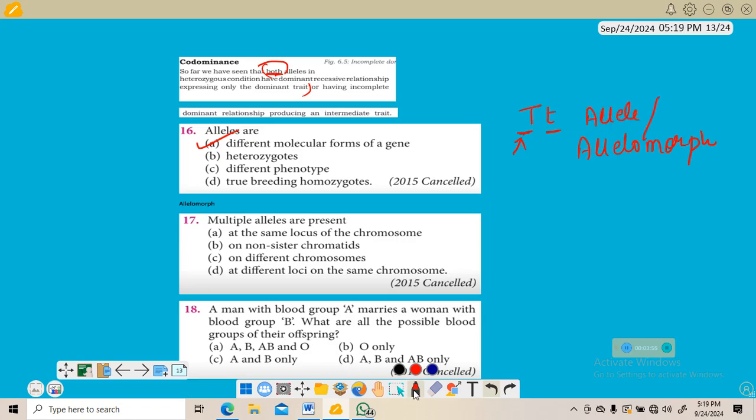Okay, next question is, multiple alleles are present at the same locus of the chromosome, or non-sister chromatids, different chromosomes, different loci on the same chromosome. So multiple alleles are present at the same locus of the chromosome. Okay, so